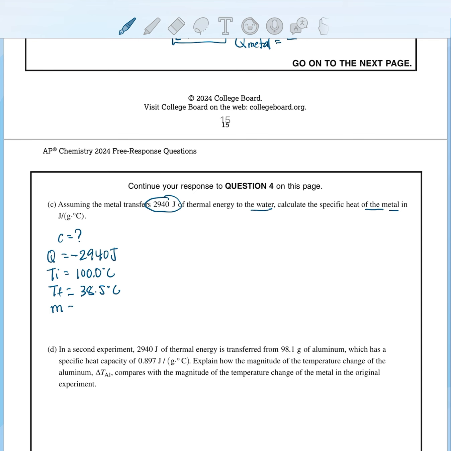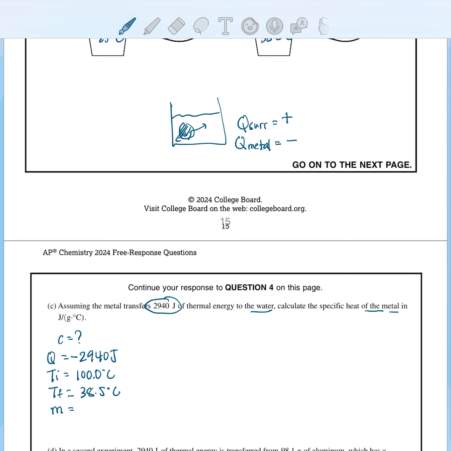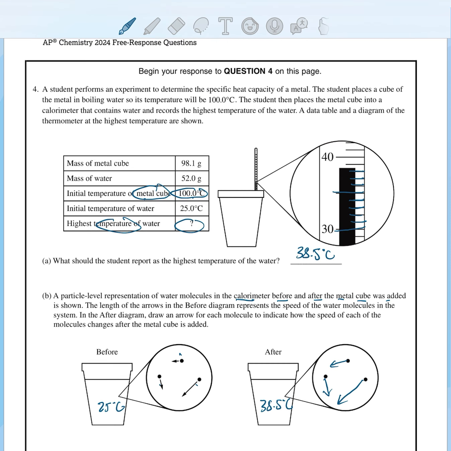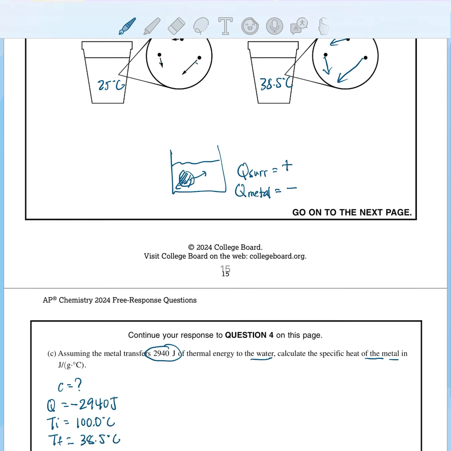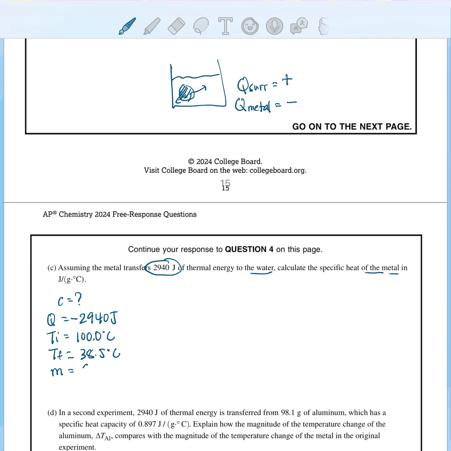And then the mass, okay, let's go back again. Be careful, there are two masses shown in the data table. We need again the mass of the metal cube, 98.1 grams. All right, what else? Okay, so we're going to take these variables and substitute them into this formula, Q equals mc delta